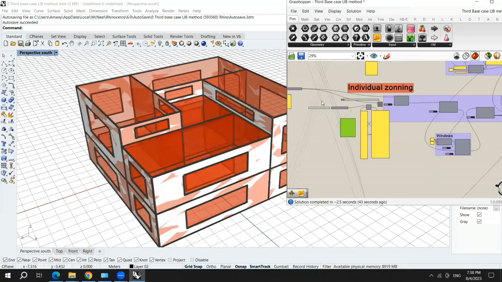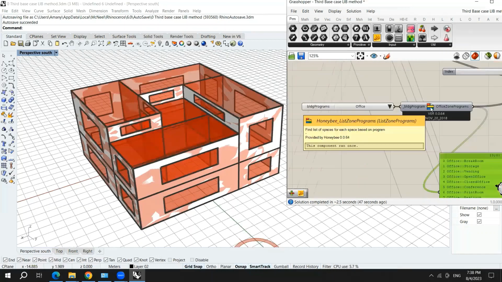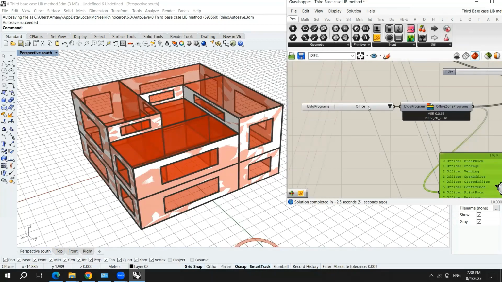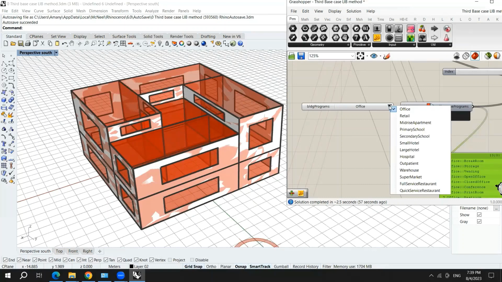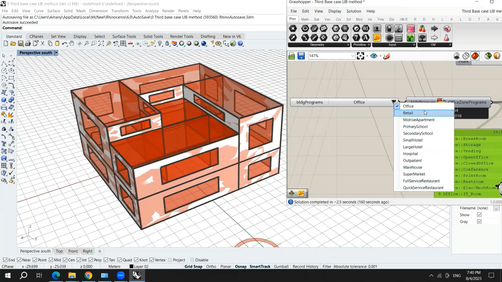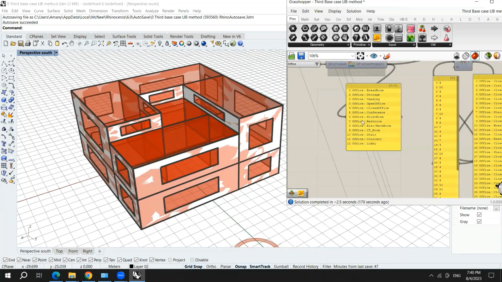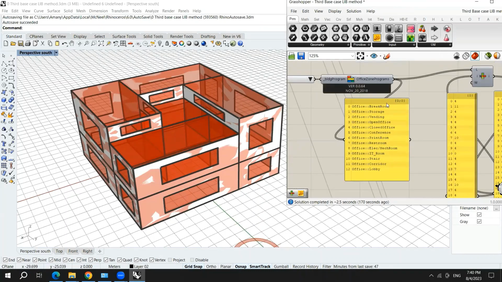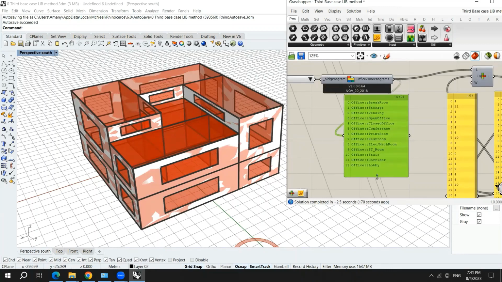So here we have a component which is called list zone programs, and here you bring the Honeybee building programs, and then you use this arrow to check on the type of your building. And here we have the office from the drop-down list. Then we're going to use a panel so that we can know what is inside the